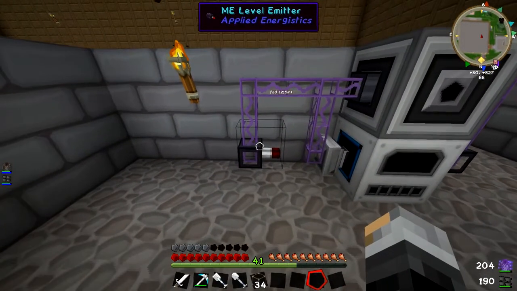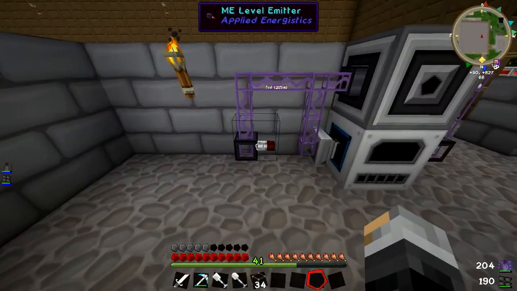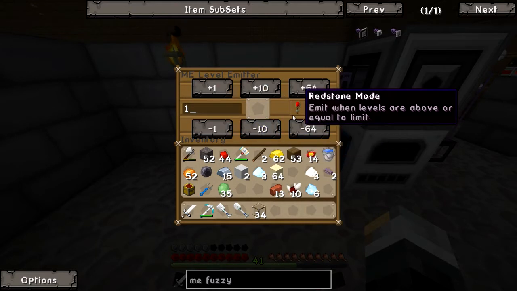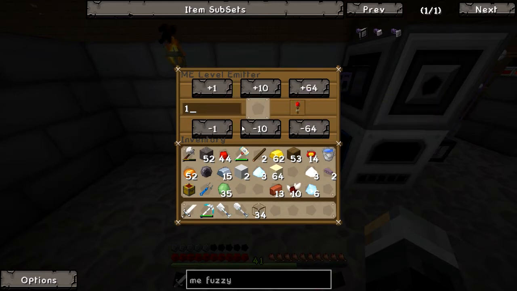Okay, so what does a level emitter do, I hear you say? So, what we want to get ourselves is a bit of sand and a bit of glass, and the best way of me explaining it is to actually show you what it does and how it works, I feel. So you right click on it and you get this GUI, as you can see, and you got 1, 10, plus and minus 10s and whatever. That's how much quantity you want left in your system, or how much quantity is the minimum. And then you've got this little button here, which is redstone mode, and what this does is this emits a redstone signal or pulse or whatever you want to call it. Not pulse, because pulse is a continual, but this emits a redstone signal when levels are above, or if you click it again, below or equal to the limit, which you've specified here,